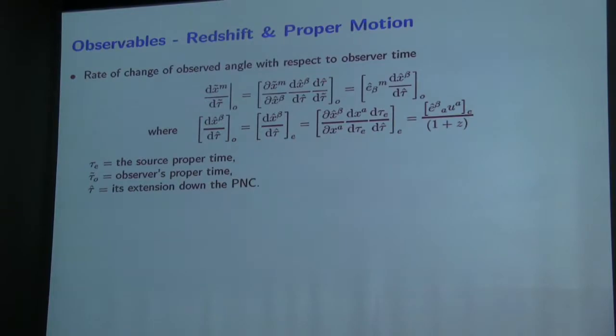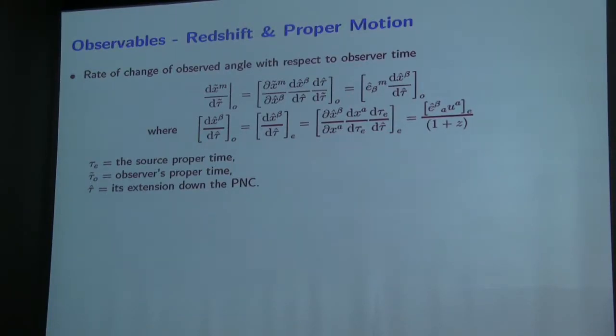And so we get basically these components of the propagated basis and this quantity, which here we expand again in terms of chain rule, and we get contraction of the basis vectors with the, now this is the local flow four-velocity at the emitter, and then we identify one of these terms, this one, as the redshift. This is the rate of change of proper time at the emitter with respect to